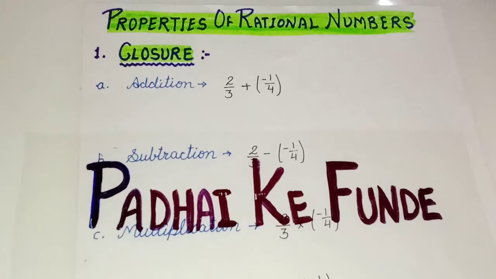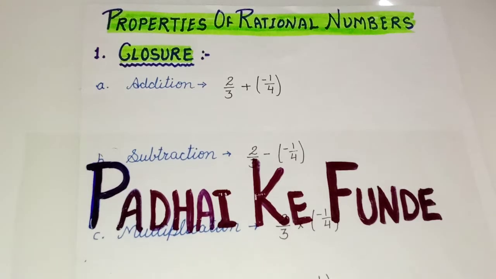Today in the chapter Rational Numbers, we are going to study about properties of rational numbers. Properties we have studied in previous classes also, as in 6th standard you may have studied the properties of whole numbers, in standard 7 the properties of integers, and here in class 8 we are going to study about properties of rational numbers. So the titles of the properties are the same, but we will try to verify them using that particular type of number, as here we will take all the rational numbers.